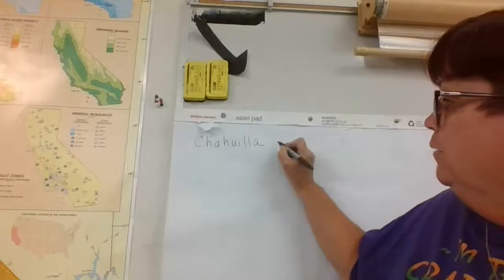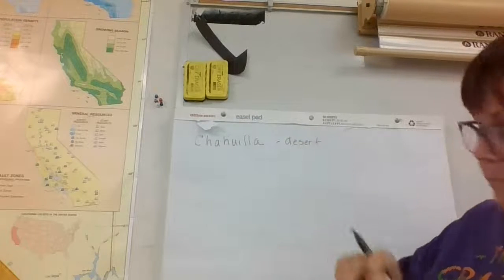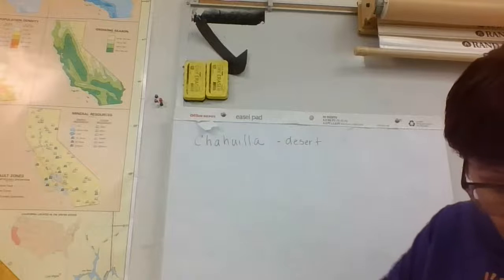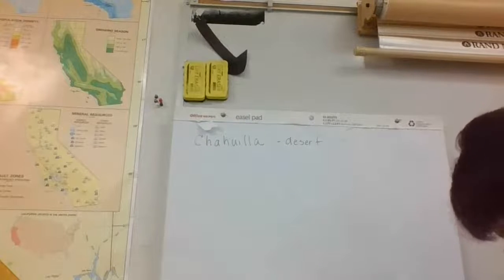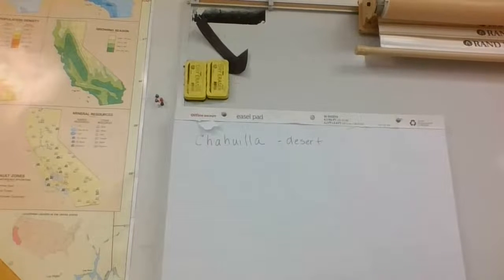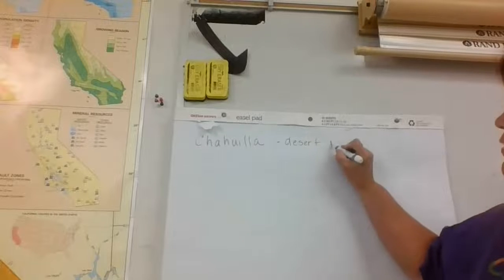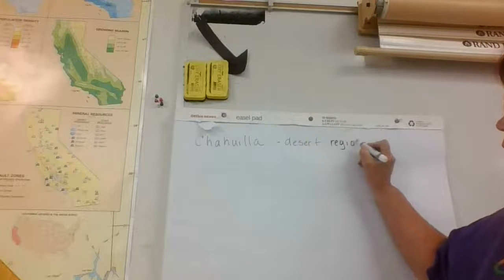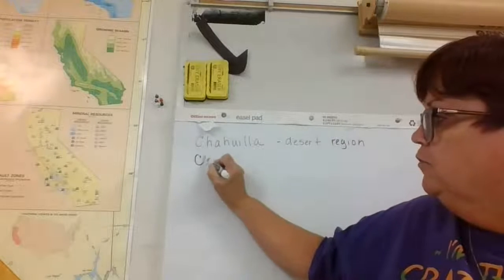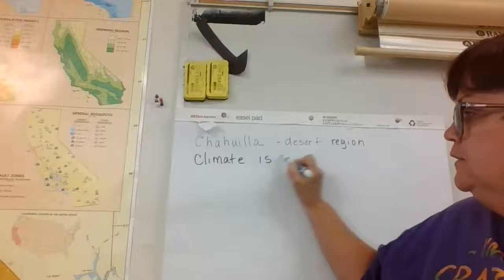The Cahuilla tribe is out in the desert area, and I think I'll grab a wider pen because it's easier to see with. I found my black one. Okay, they're in the desert region. The climate in the desert region, climate is hot,